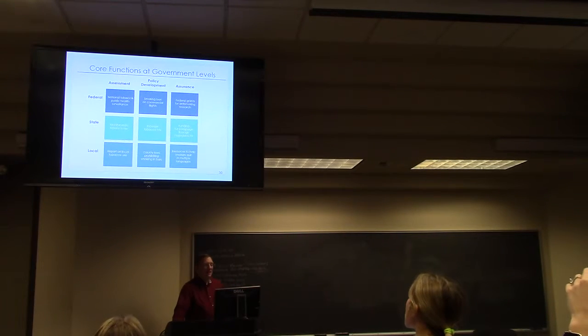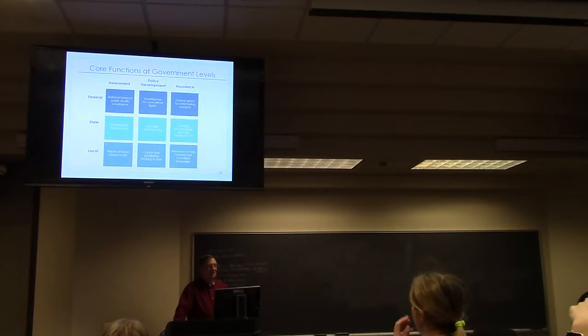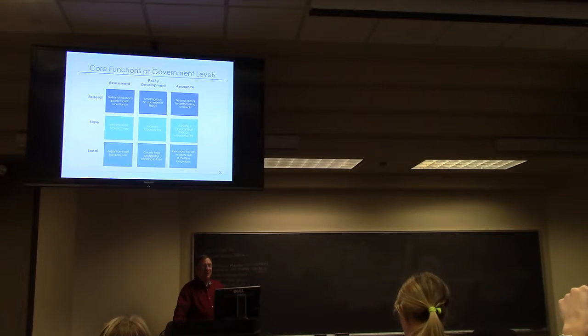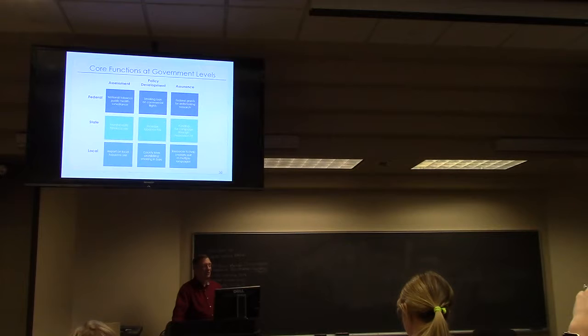But if you look at the three core functions of public health: assessment, policy development, and assurance, look how that operates on the different levels. Federal government: national tobacco public health surveillance, they look at that, collect all the data. Policy: smoking bans on commercial flights came out of the federal government, the FAA. You're not going to do this on planes, thank goodness. And then federal grants for anti-smoking research might be another way to help assure that things are done right.